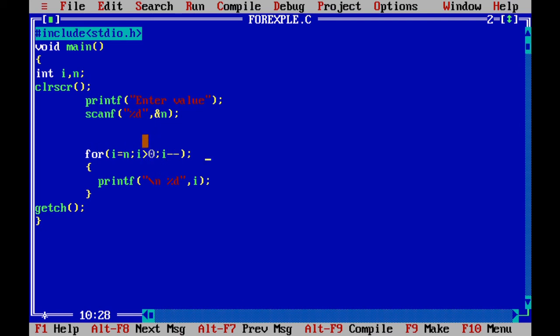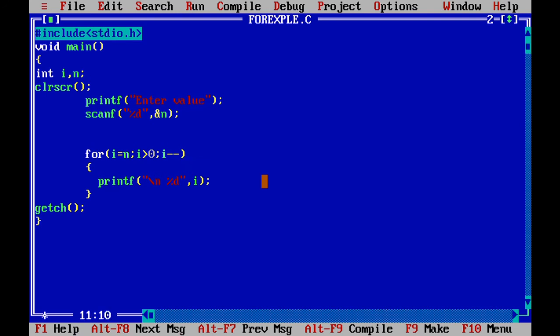Like that, it comes out of this for loop when i becomes 0, because 0 is not greater than 0. So it will come out of the for loop and consider that this printing statement is outside the for loop. Even if you have written curly opening and closing, it still considers it outside the for loop, and it will print the value of i as 0, because only when i becomes 0 will it come out of the for loop and print 0 onto the screen. So when you put the semicolon, it means there is no statement in the for loop.